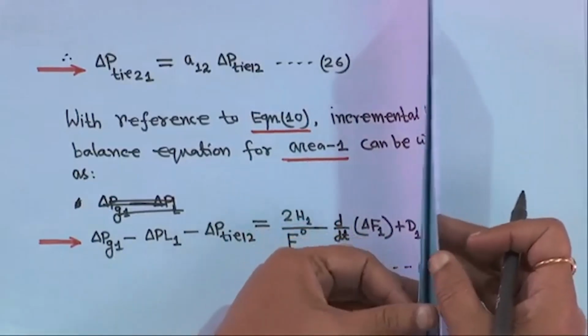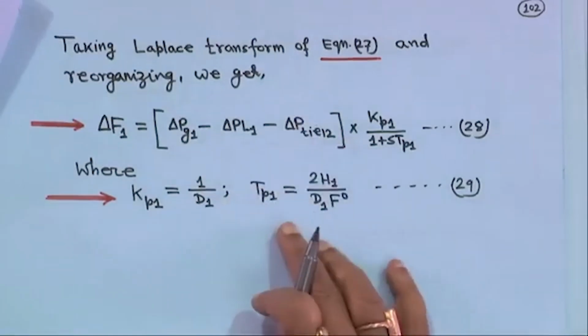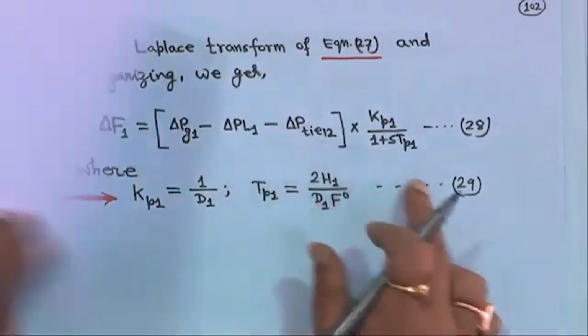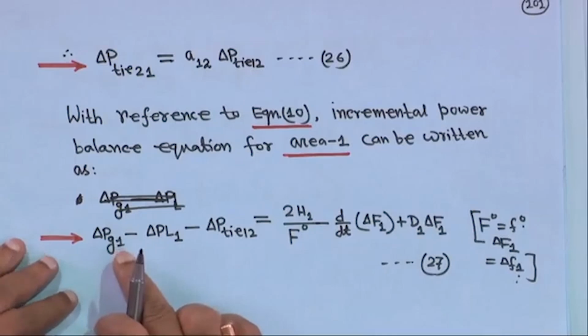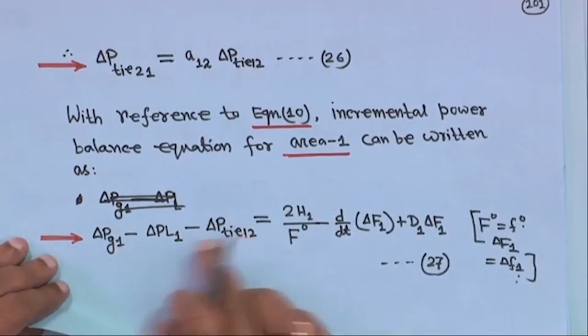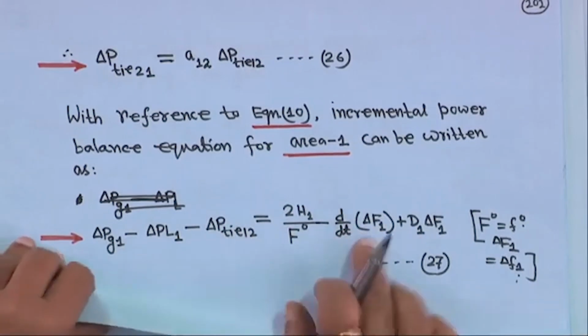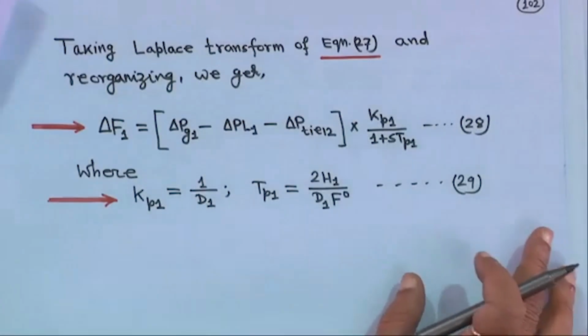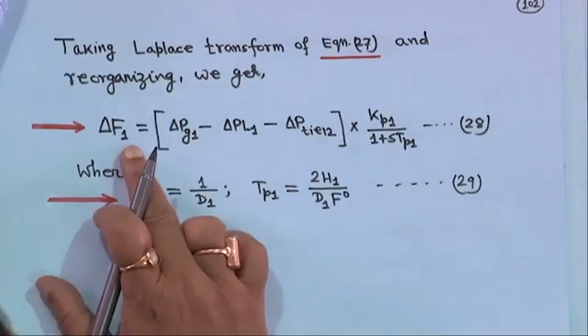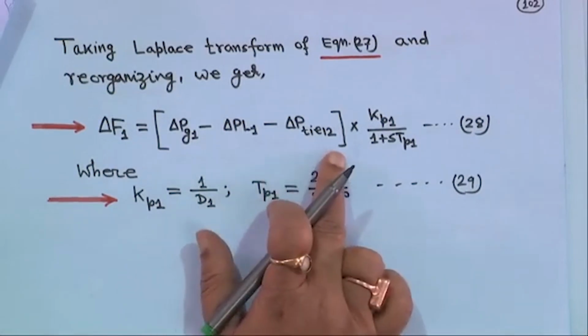Next, if you take the Laplace transform on both sides of this equation, again not writing delta Pg1 or delta P ti 1 2 as functions of s, since it is understandable. If you take the Laplace transform same as before and just simplify, what will we get? Delta F1 will get delta Pg1 minus delta PL1 minus delta P ti 1 2,